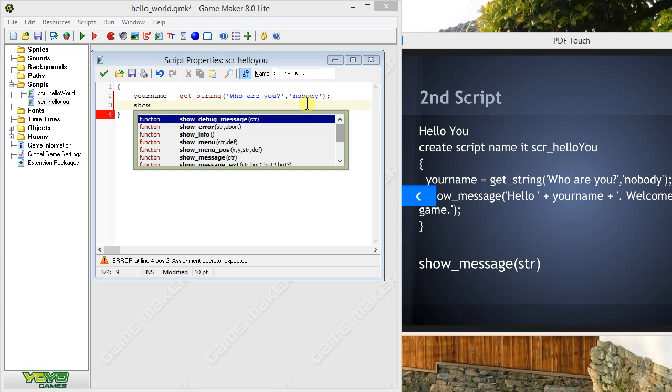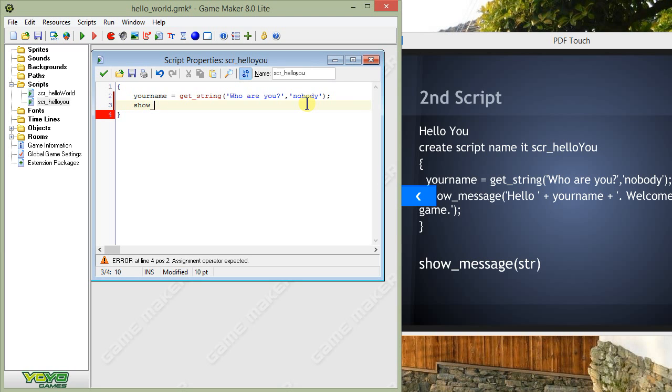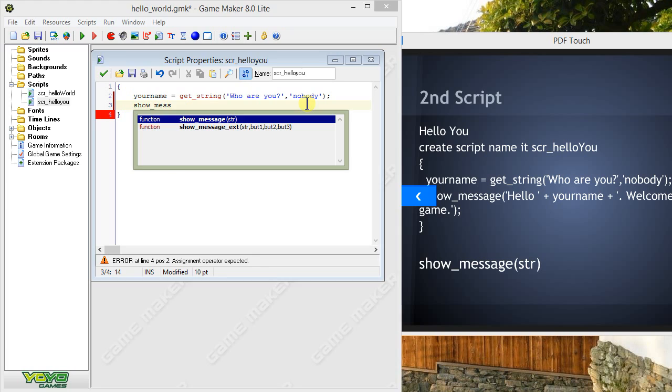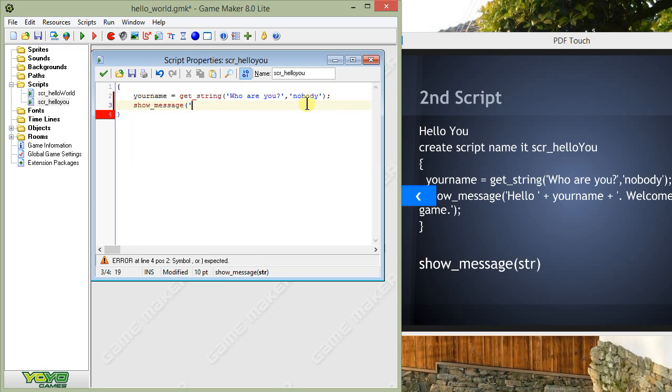We're going to call another function, this same one we just used a minute ago, our showMessage function, and we're going to pass it a string, making sure with the first word of the string, which is hello, to leave a space after the word, because we're going to be building up a sentence using a combination of just regular old text strings and the results of the getString function, which is going to itself be a string, which is going to be the name that the user inputs. So I'm going to put in the text string hello with a space,